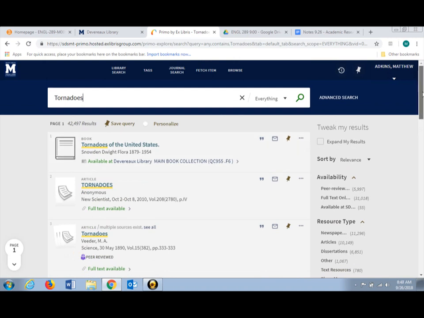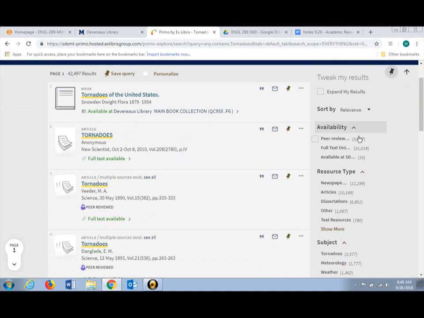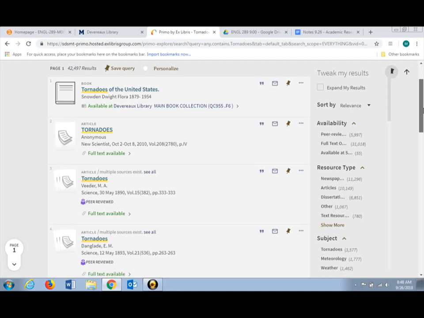Okay. Now you can narrow your search, and this is really useful to, for instance, only things that are peer reviewed. In other words, you can get rid of everything that's not a peer reviewed academic article, and that's hugely important. And it'll tell you here, only 6,000 of these 42,000 are peer reviewed, and so again, that's a lot, but it's certainly more narrow. If we get rid of all the fluff that's not academic journal articles, we are left